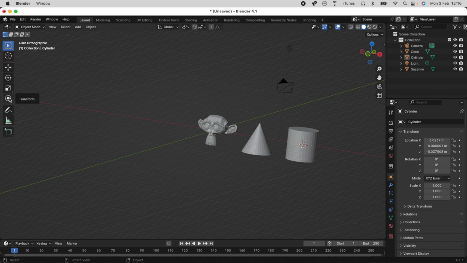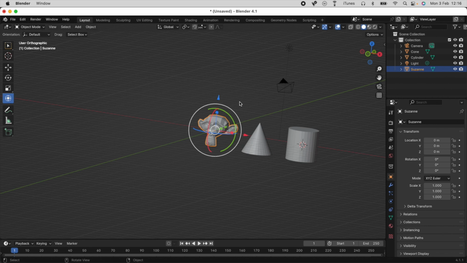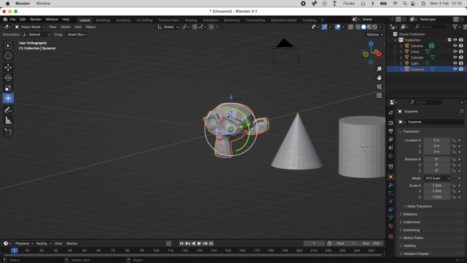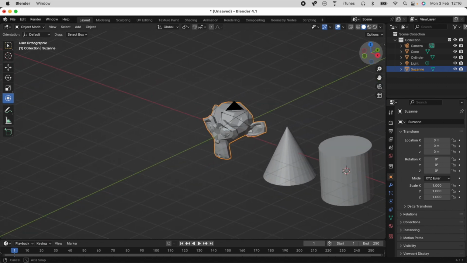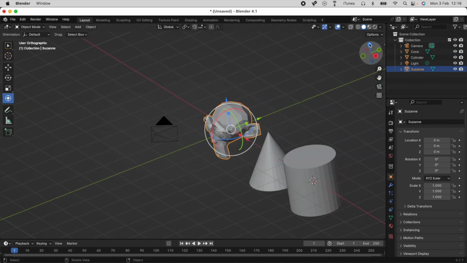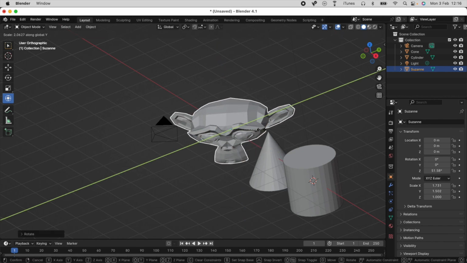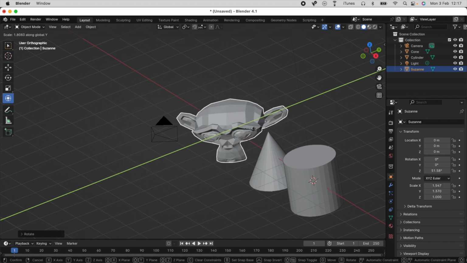So if I turn on the transform gimbal, we are navigating in Blender's 3D space with a kind of universal XYZ coordinate, which you can see is marked by these guidelines, and there's this little gimbal thing here which shows the universal XYZ directions. So when we are transforming, we're doing that relative to the universal XYZ. Now if I rotate, say, the monkey around and then try and scale it in the y-axis, you can see it's doing it relative to the universal